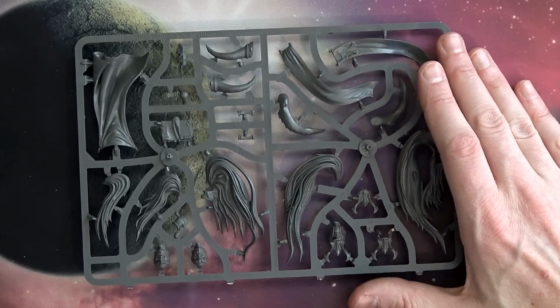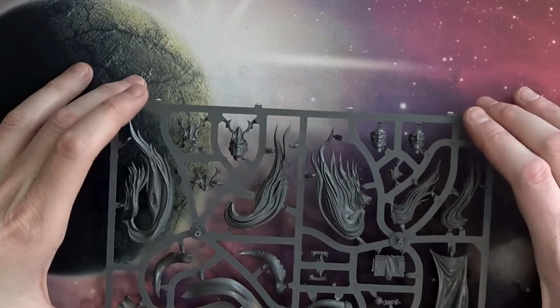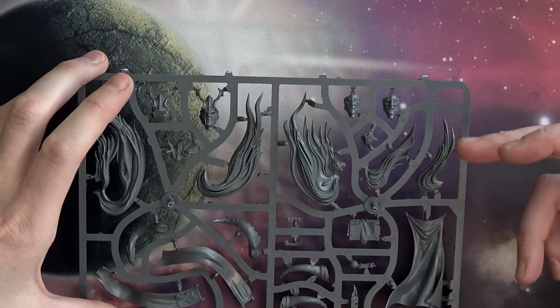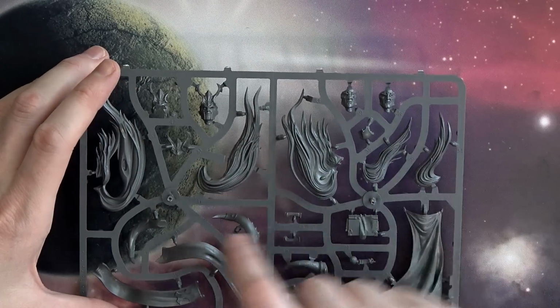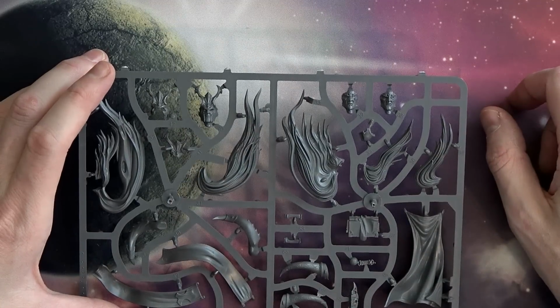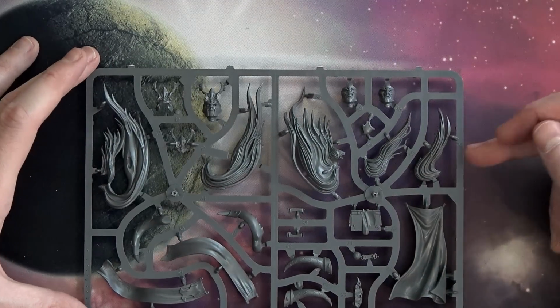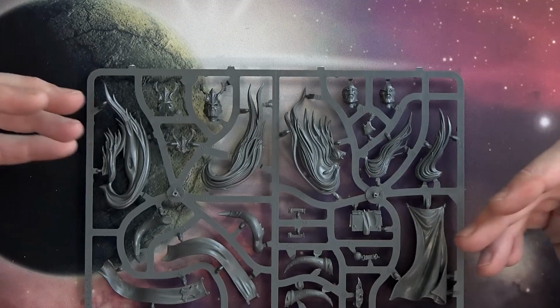Alright, so there you go. Now you can see the different heads here. Well, let's turn it right side up. So you can see the different heads right here. You've got 3 different head options. One has an eye gouged out, one doesn't, one has just one eye, and then the standard head there, and you've got those different headdresses. I was actually mistaken. It looks like there's one for each head. That's pretty neat. Okay. And then all the hair assemblies,